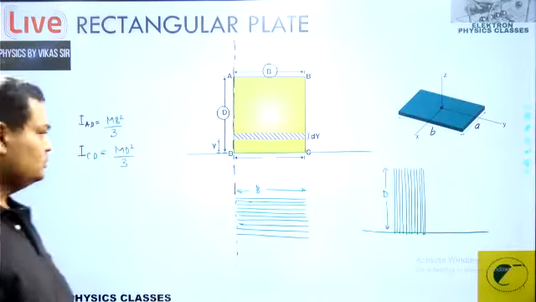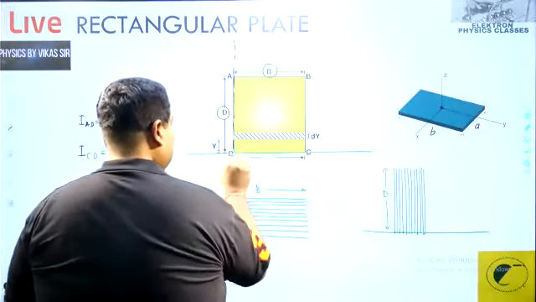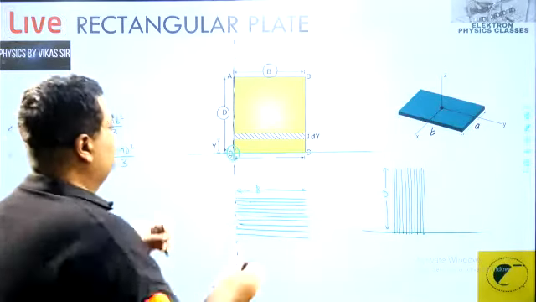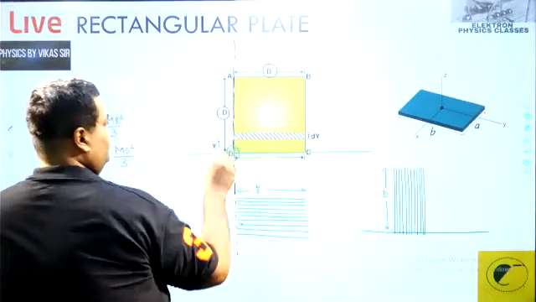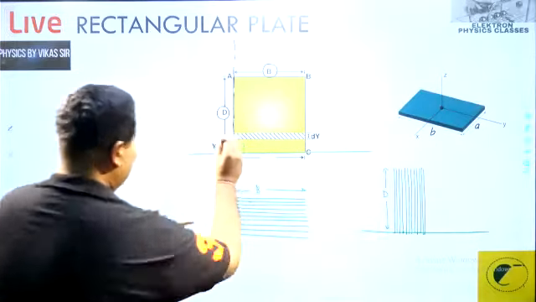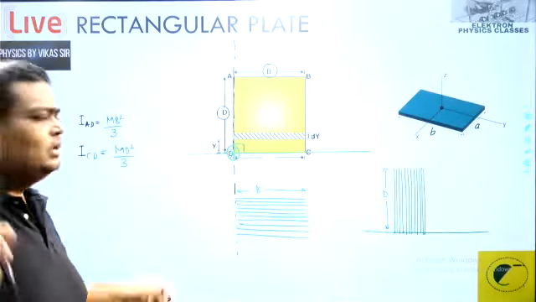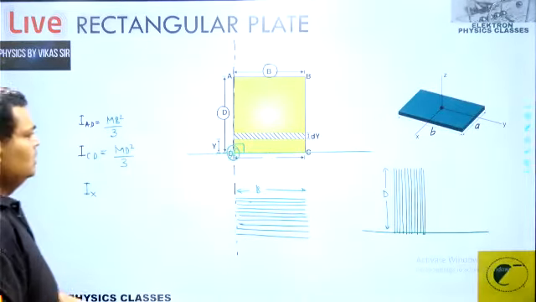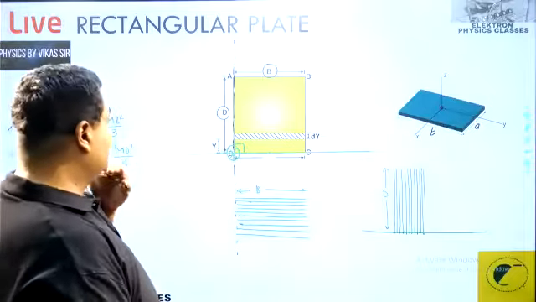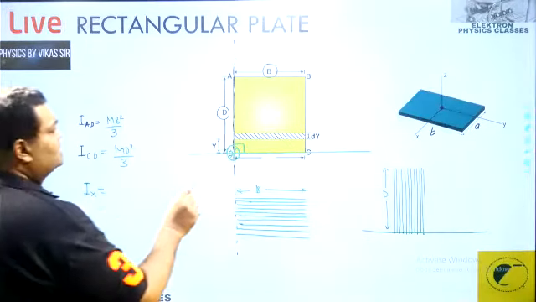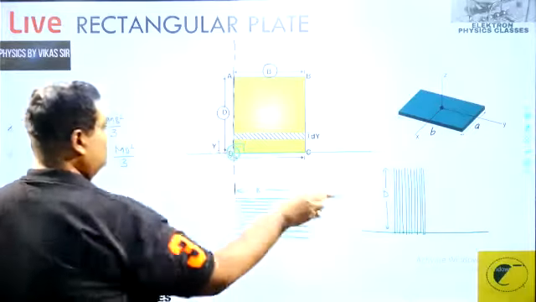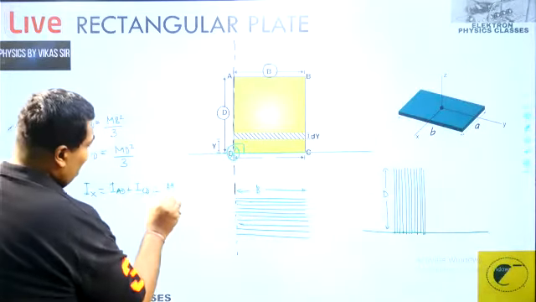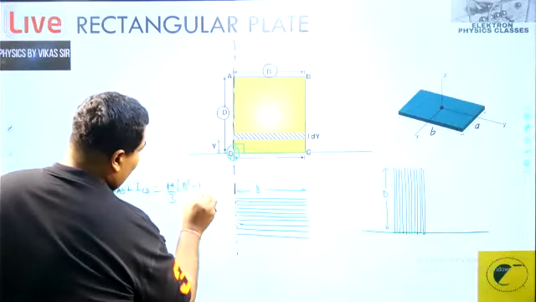Simple. And then, what about this axis? It passes through this point, perpendicular to this plane. So one is this axis and one is this axis, and they are mutually perpendicular, and this one is an axis perpendicular to the plane. So who is our friend? The perpendicular axis theorem. What is this axis? I'm writing it as a cross here. It is an end axis but perpendicular to the plane. That should be equal to the sum of the moments of inertia about these two axes, so I_AD plus I_CD. That works out as m by 3 into (b square plus d square).